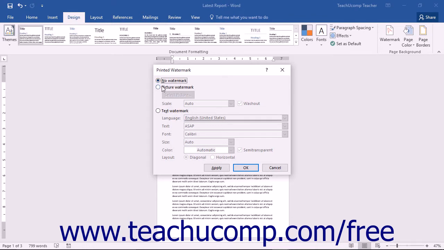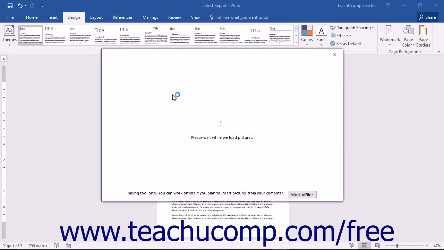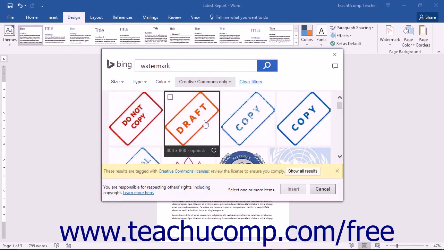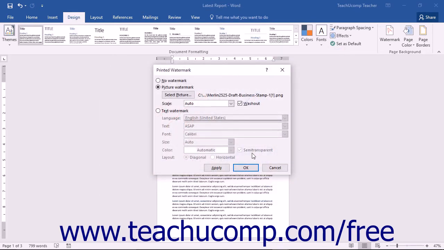To create a custom picture watermark, first select the Picture Watermark option button. Then click the Select Picture button to open the Insert Pictures dialog box. Use the dialog box to select the picture that you want to use as the custom watermark image. After selecting the image to use, click the Insert button, and then you will be returned to the Printed Watermark